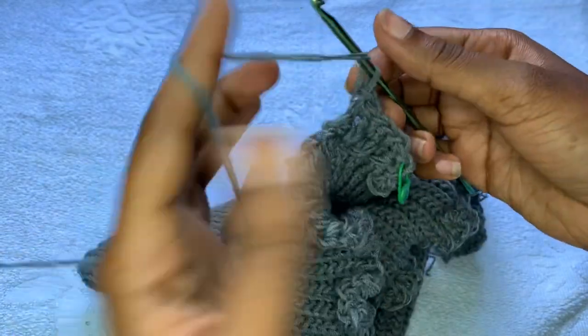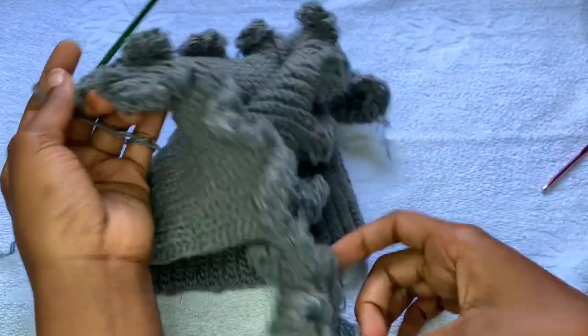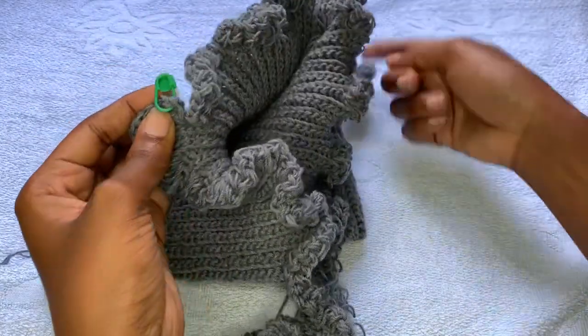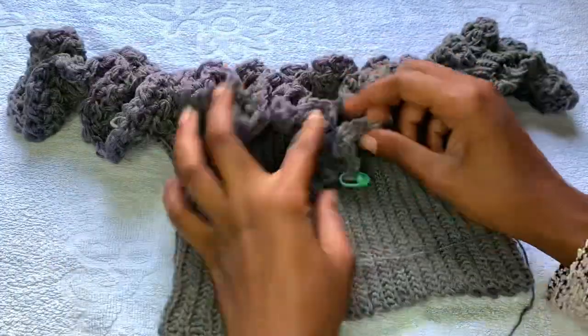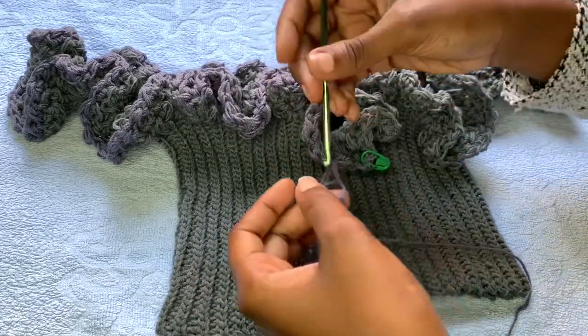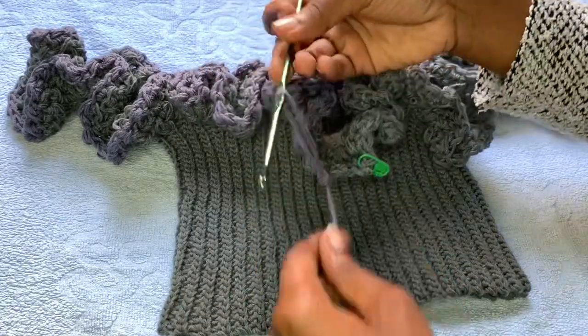up to the end of the round. Just place a slip stitch on top of a slip stitch and half double crochet on top of a half double crochet. So you're going to do this for 4 more rows. So this is my 4th row, but I wanted to just show you how to connect it. So nothing changes. Repeat row 2,